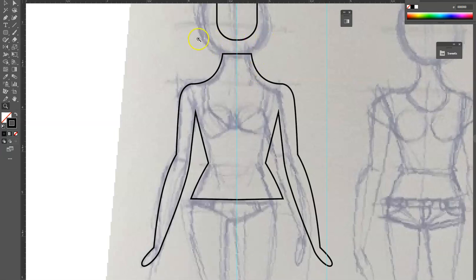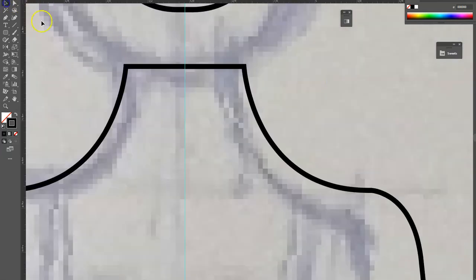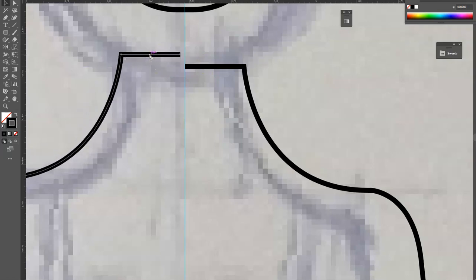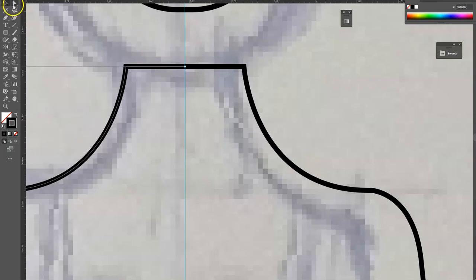Now, what is left to do is that you need to join these shapes. If I take the selection tool, this shape does not connect to that other bit. So Control Z, and I'm going to take the direct selection tool and join these two guys at the anchor points. So I need to take the selection tool so I can only select this area with the